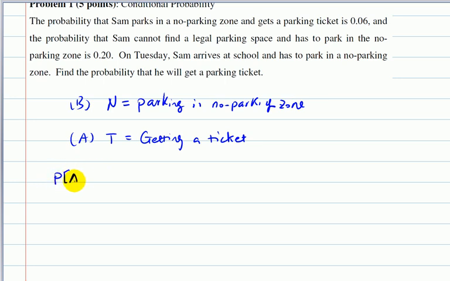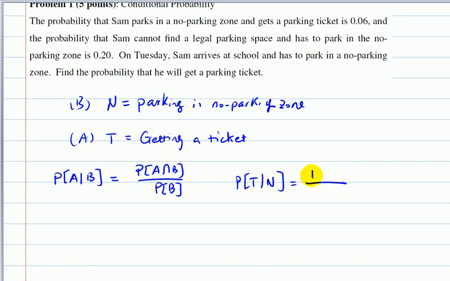The formula for conditional probability, as we gave in the class, is this: P(A given B), with the condition that B has occurred, equals P(A and B) over P(B). Okay. So in this particular question, in our case, it is P(T given N). So when you park on the condition, what's the probability of getting a ticket parking at a no parking zone? And P(T and N) and